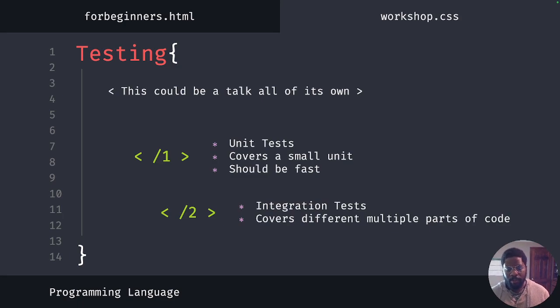This could be a talk of its own, testing in general, but a unit test is an automated test that isolates and verifies the functionality of a single unit of code. This unit could be a function, a method, a class, a module. They're critical in refactoring because they provide a safety net that ensures the changes made do not affect the behaviors of these units. By running unit tests before and after refactoring, you as a developer can quickly identify any regressions